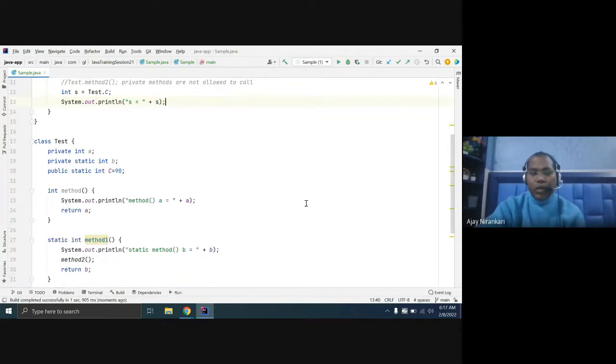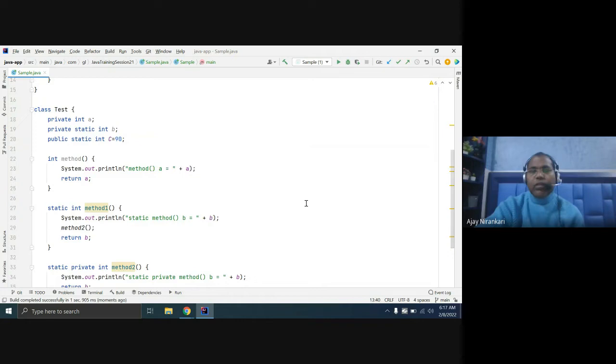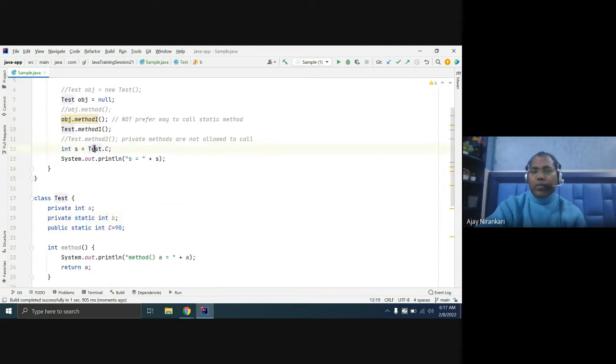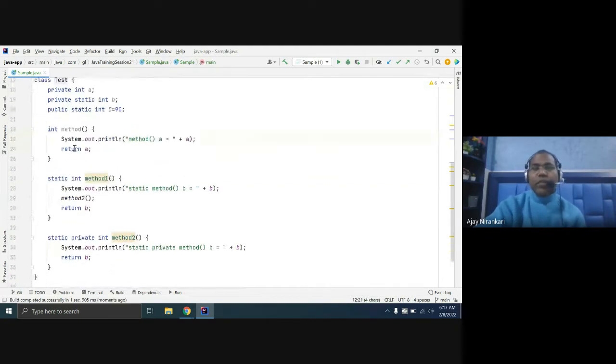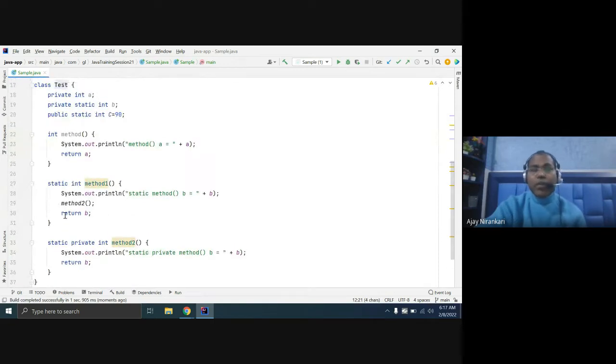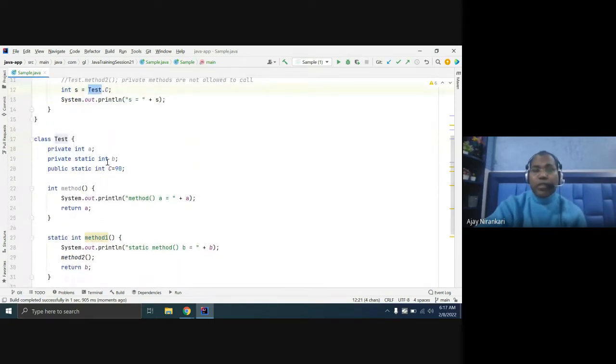So here two things we learn. First thing, static means you can access it from the class name, the general preferred way. But second, if a static member is private, you cannot access it. This is the static variable b. You cannot access it because it is private.